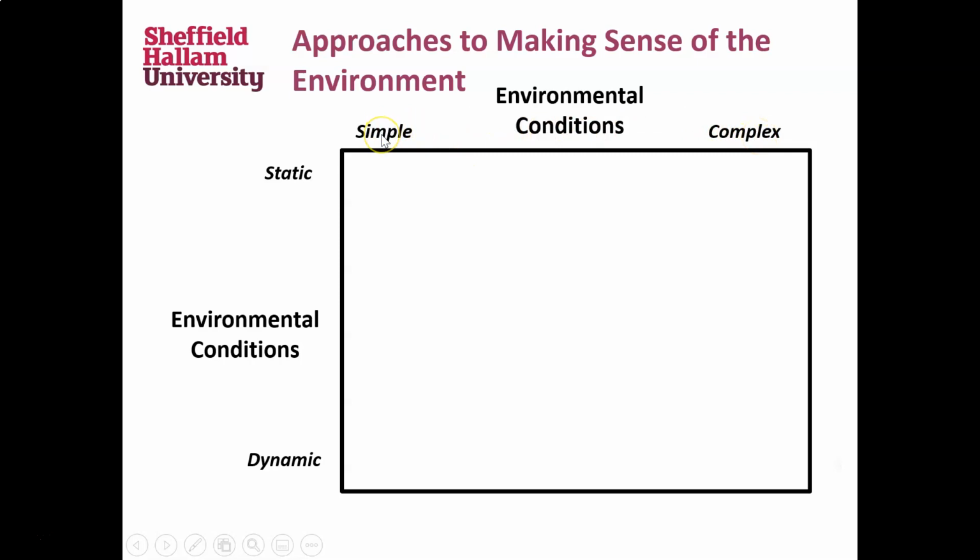Now, simple might be that one or two factors in the environment have a major bearing on demand for sport. Complex might mean that many different factors have a bearing on the demand for sport. And I would suggest to you that overall, the environmental conditions for sport are more complex than they are simple,